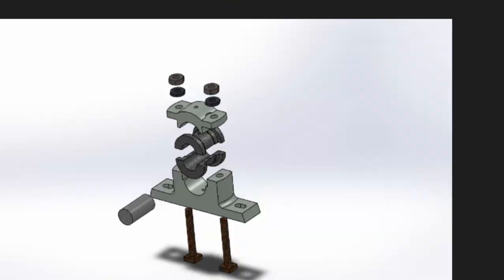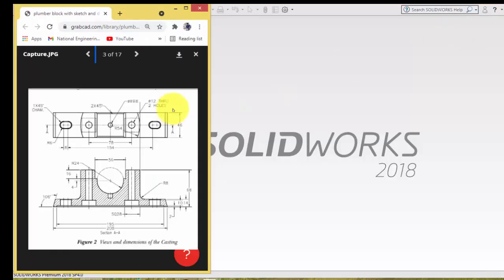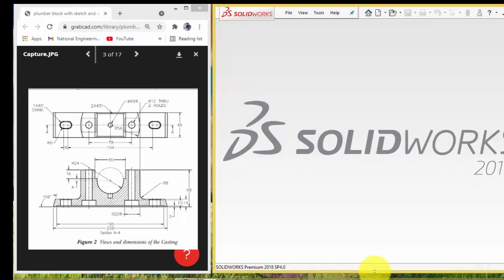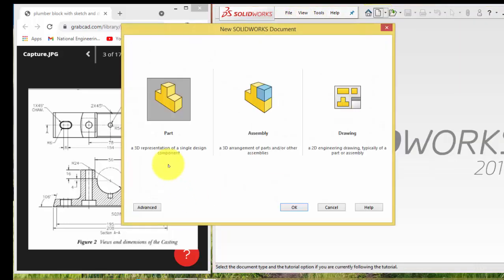So here we are having the dimensions of this base block. Let me keep these dimensions in one tab, and I am having this Solidworks in another side. Okay, let us start doing. Open a new file, part file,